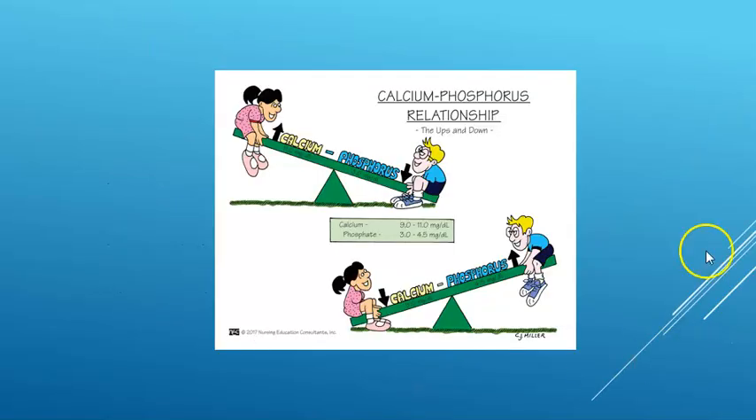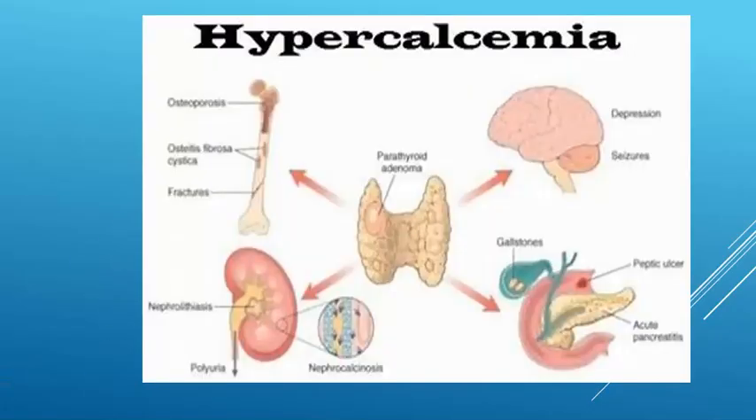Let's see, this is just a chart that talks about the calcium-phosphorus relationship. When your calcium is up, phosphorus will be low. When calcium is low, phosphorus will be up. It has an inverse relationship. Hypocalcemia,